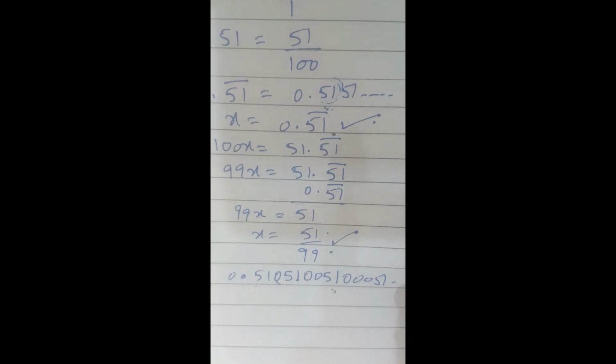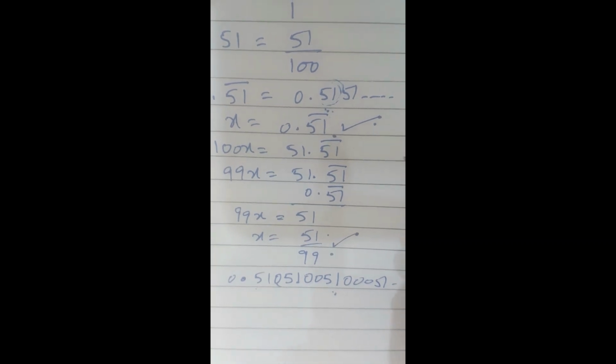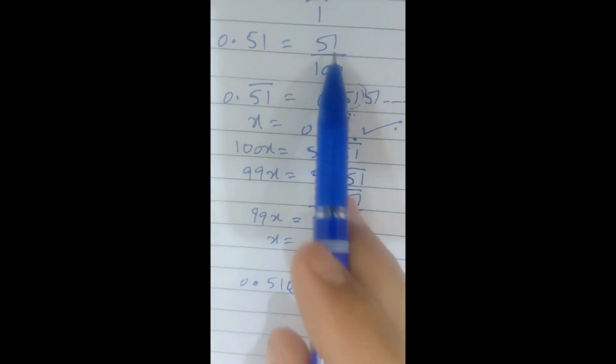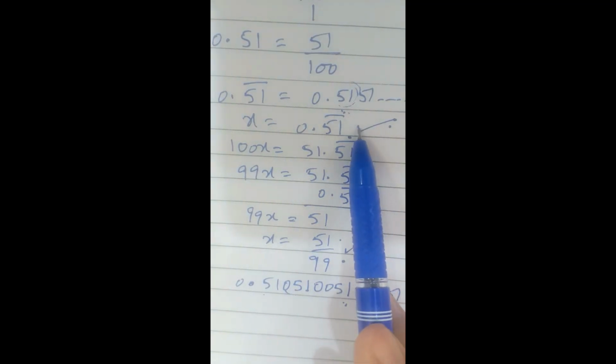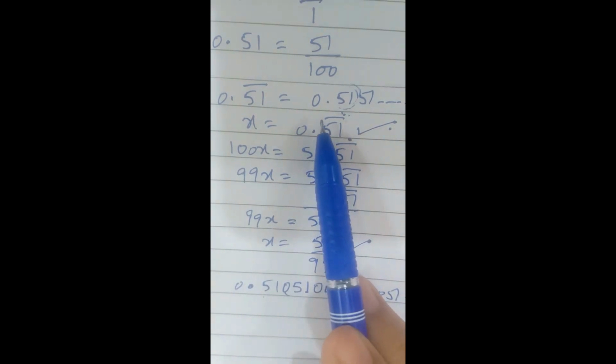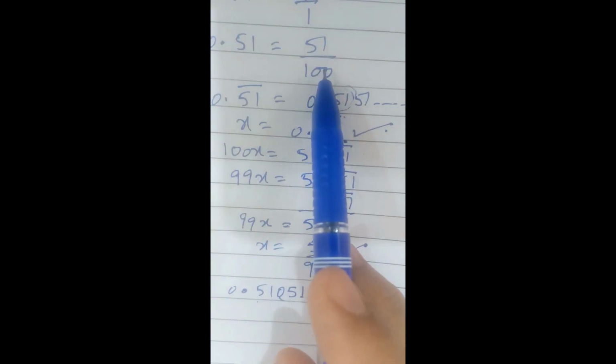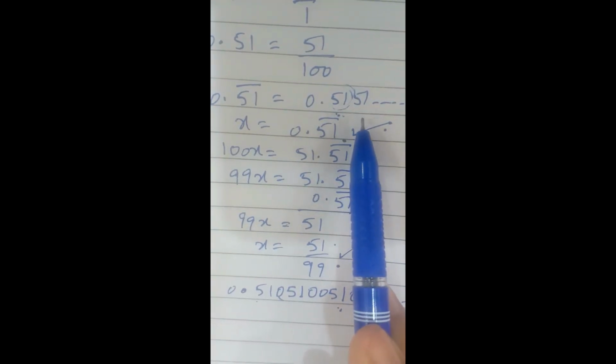As we say 3 upon 1 or 2 upon 1 or 0.2, or same here I have written 0.51, which is 51 upon 100, because when you divide 51 by 100, it comes to an end. It will be written as 0.51, right? But 0.51 bar, it's not coming to an end. That's why it's repeatedly again infinite number of times, 0.51, and so on. Hence we say it's a non-terminating decimal expansion.